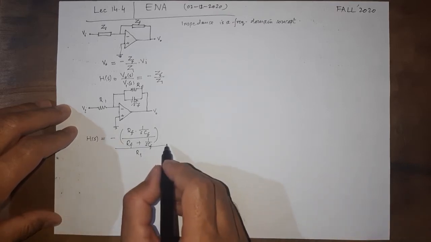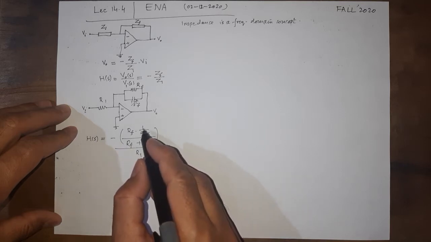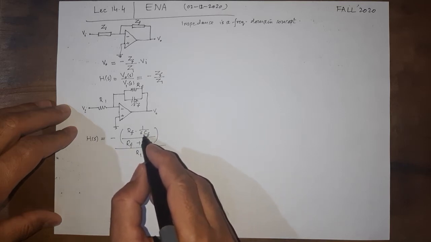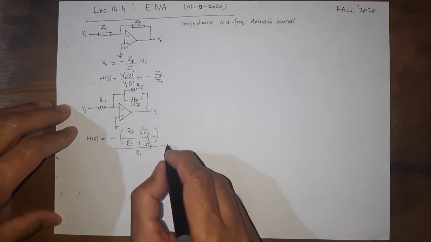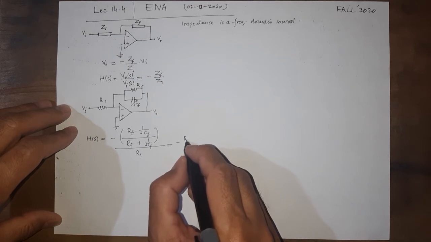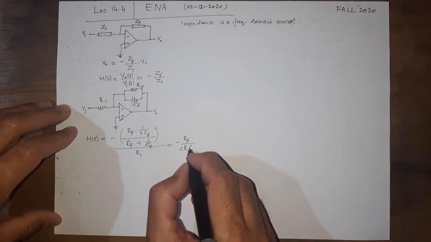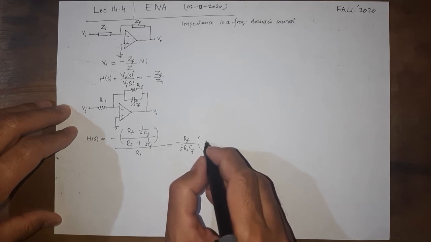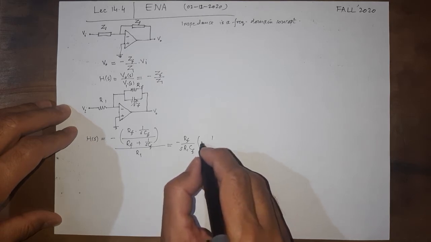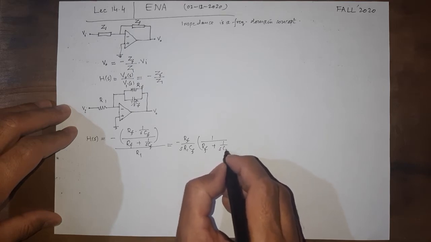So we can bring this 1 over SCF down, and we can write this as minus RF over S R1 CF into 1 over RF plus 1 over SCF,